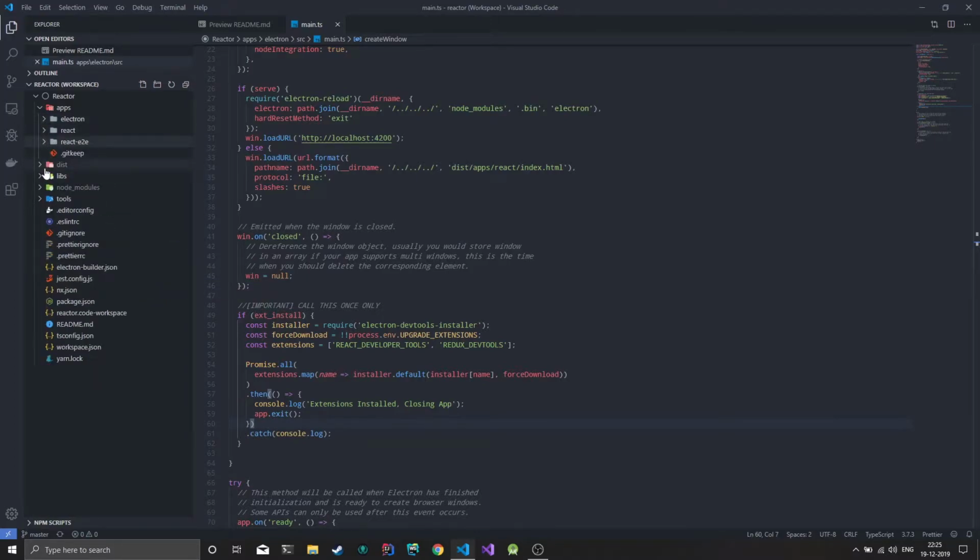Other than that, you have all the good stuff that comes with NX. We have libs, so you can generate your libraries. It could be React UI libraries or pure TypeScript libraries if you want. And that will help you build a modular application in a single Git repo, properly following the monorepo pattern. And we have our tools also. You can add some custom build scripts, like we are using one post build, which I'll cover,